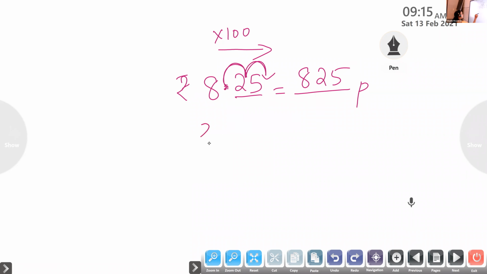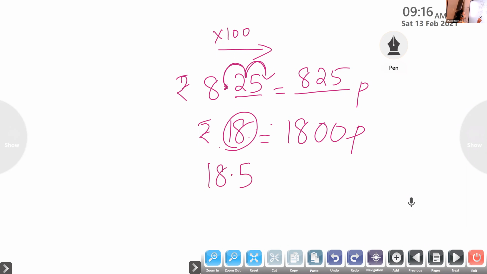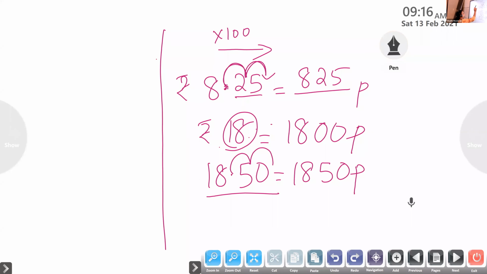So 18 rupees, how I told you, right? Here there is no decimal point. So what do you have to do? Write the number, add 2 zeros. That much paise. So 18 rupees 50 paise means write the number without decimal point. That means we are shifting 1, 2 digits. So children, this is the conversion of rupees to paise.